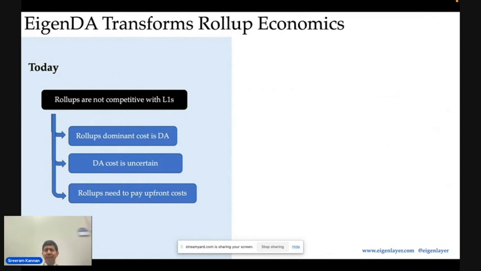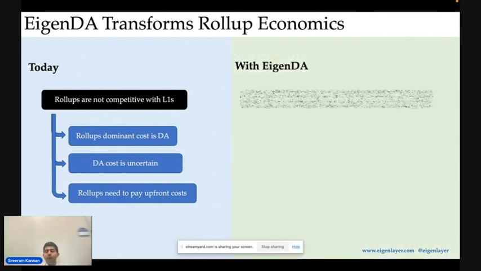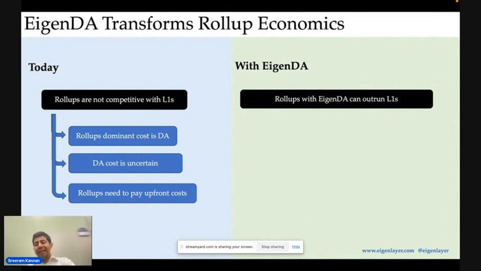And finally, rollups, unlike an L1, can't fix a certain amount of inflation as the rewards for data availability inside their own system the way an L1 can. If you're a rollup, you can't pay in your own token for data availability. Even if you allocate a treasury from your own token, you still take exchange rate risk: I need to exchange my token for ETH, and maybe the ETH price goes up, and you need to eat it on your rollup. Okay, so rollups with EigenDA can completely transform all these economics